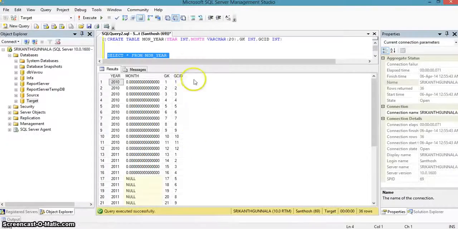Previously it was created with integer values, and as it was set to decimal, the values were populated like that. Now the workflow runs successfully, and you can verify the result.